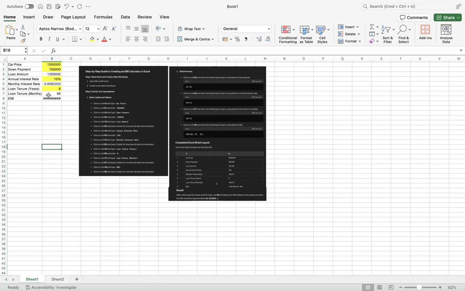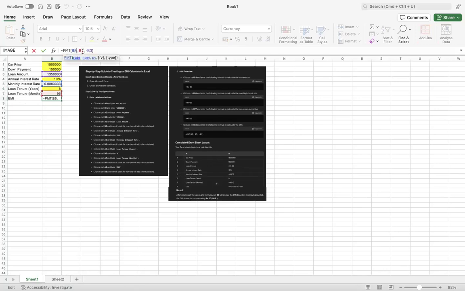Now, we have to calculate how much he is paying per month, the EMI calculation. So basically, the formula is PMT, and then you have to mention the percentage rate per month, how many months, and also what is the remaining amount. That is what you have to mention. Okay, so